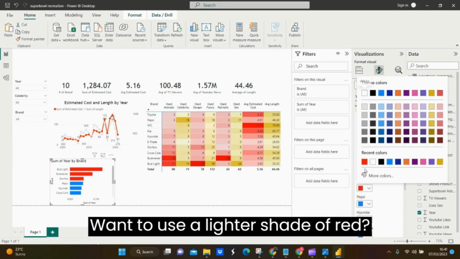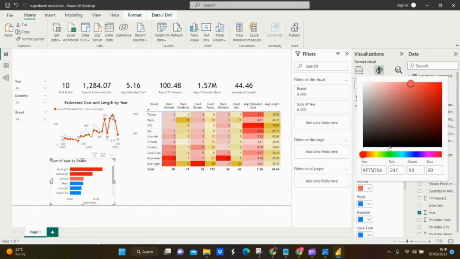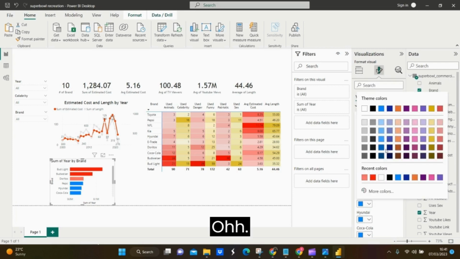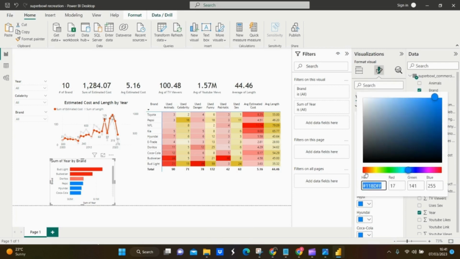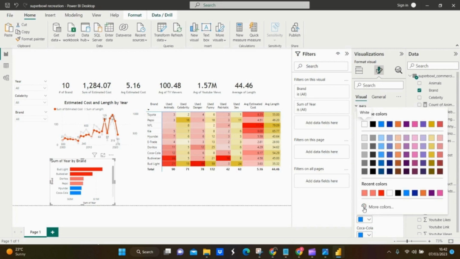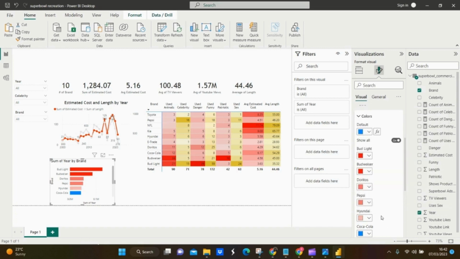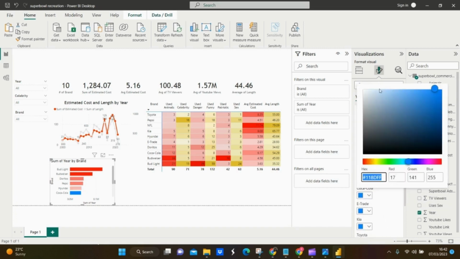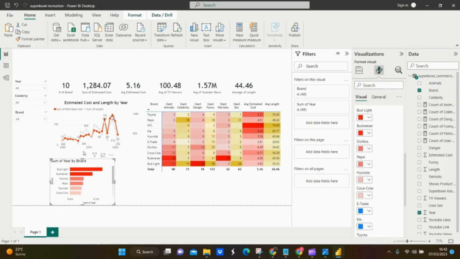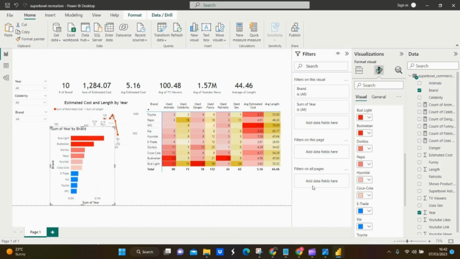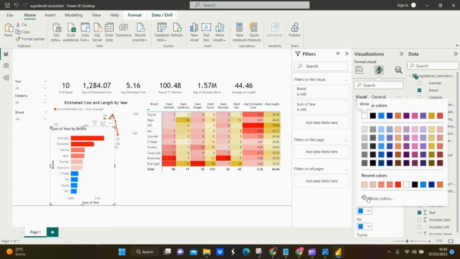I would like to use a lighter shade of red. So this is the whole thing,